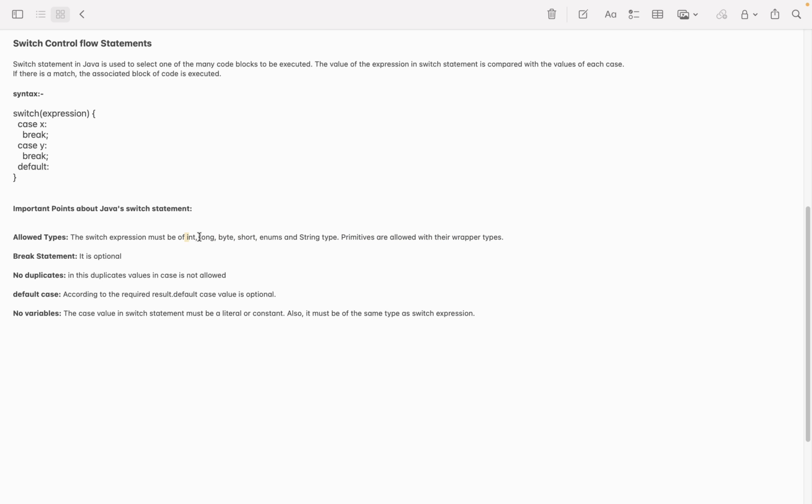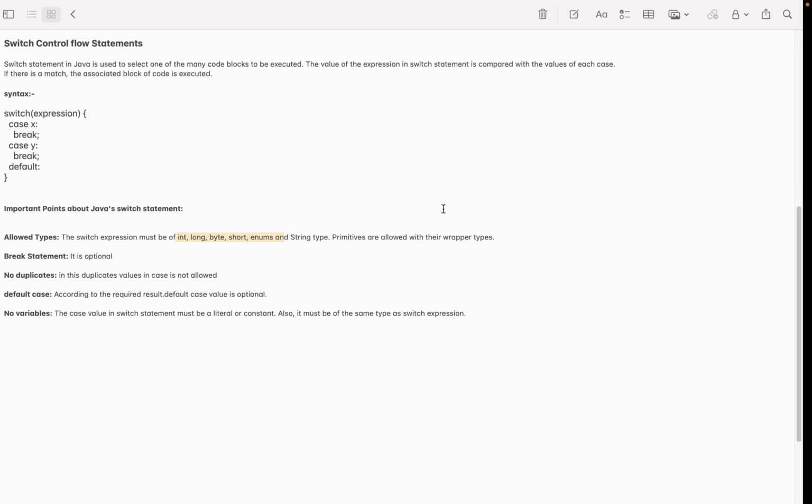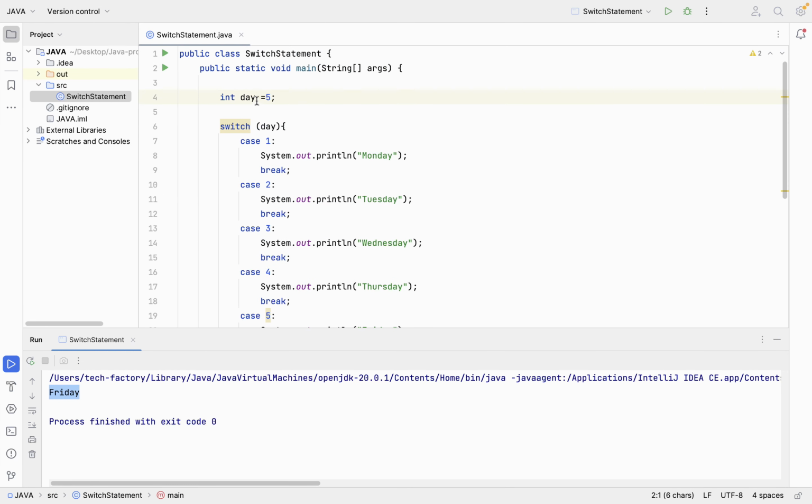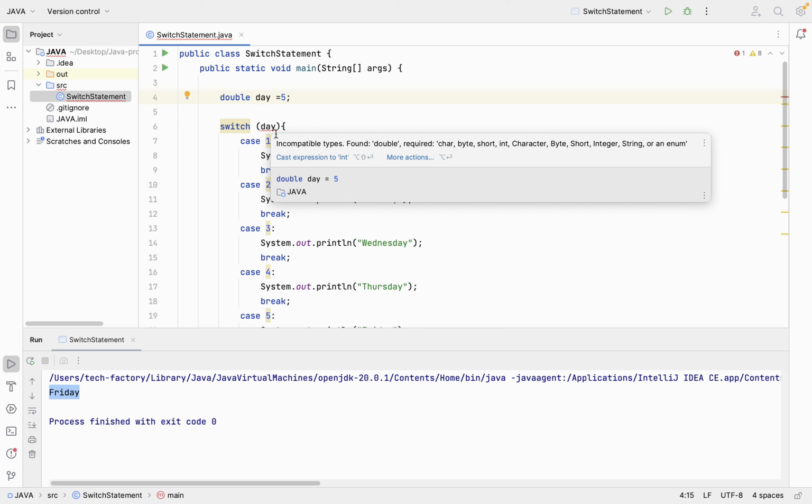In case we are using anything other than int, byte and short, it will give some issue. Now let me put a few things; I am going to put double because double was not mentioned. So let me make it double and let's see what issues we are seeing. At the switch statement on day, it says incompatible type, found double. It requires char, byte, short, int,